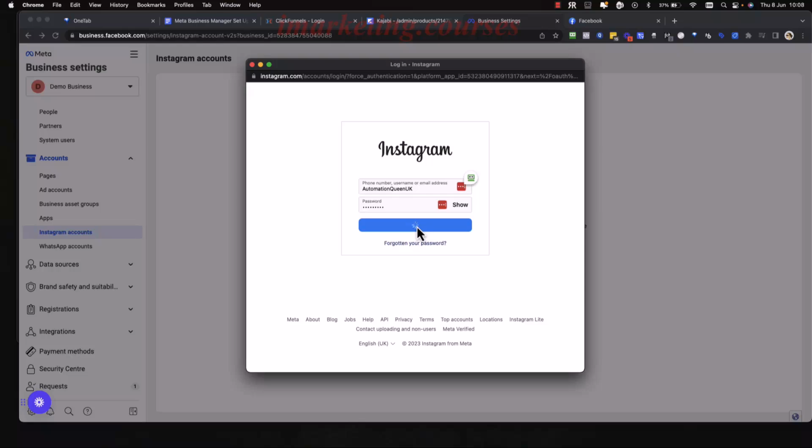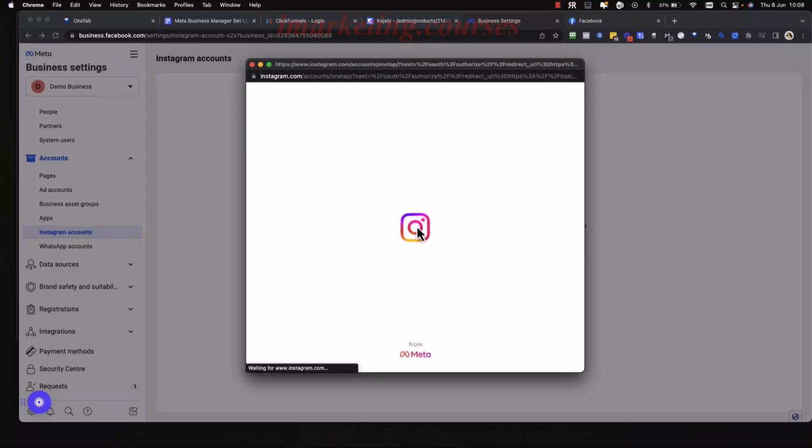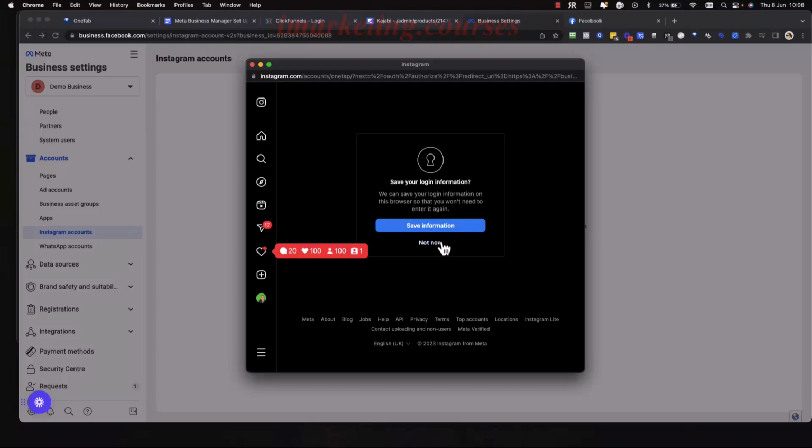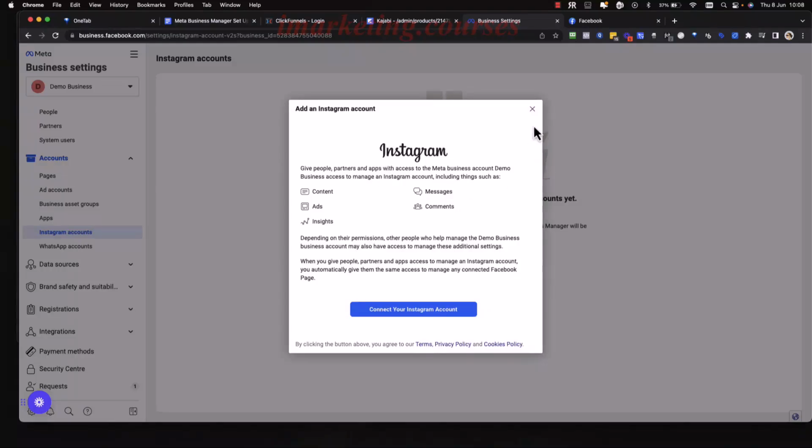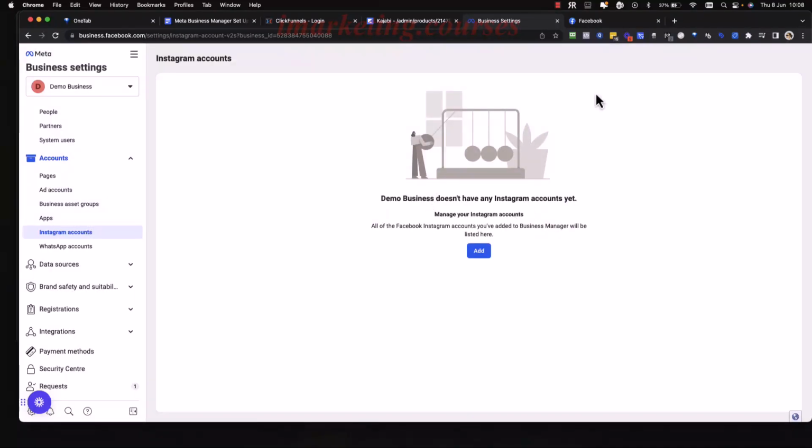So you log into your Instagram account, and then you would save the information and it will be linked. I don't want to link it because I don't want to actually link my Instagram account to this demo business, but then what will happen is it will be in here. If you don't have an Instagram account, then just go to